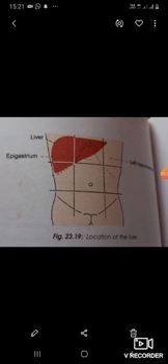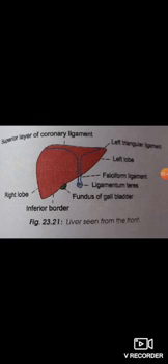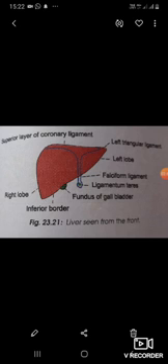Liver has two lobes. You can see in this figure, the liver is divided into right and left lobes by the attachment of the falciform ligament anteriorly and superiorly, by the fissure for the ligamentum teres inferiorly, and by the fissure for the ligamentum venosum posteriorly. The right lobe is much larger than the left lobe and forms 5/6 of the liver. It contributes to all the five surfaces of the liver and presents the caudate and quadrate lobes.